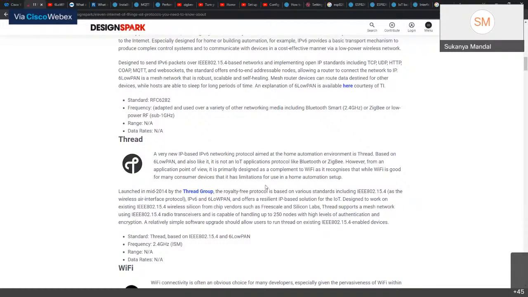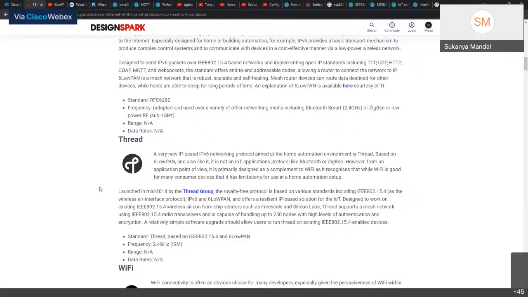It is not just an IoT applications protocol. It is mostly from an application point of view, and is primarily designed as a complement to Wi-Fi, as it recognizes that while Wi-Fi is good for many consumer devices, it has limitations for use in a home automation setup.